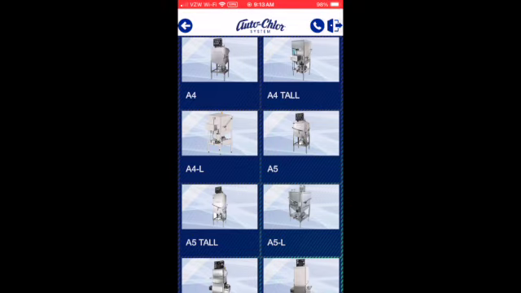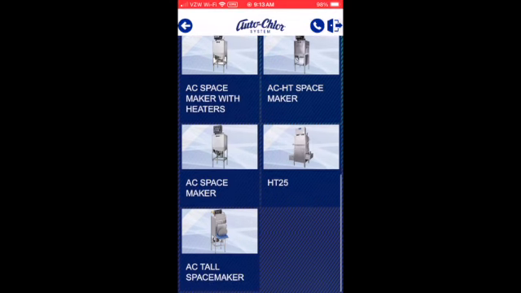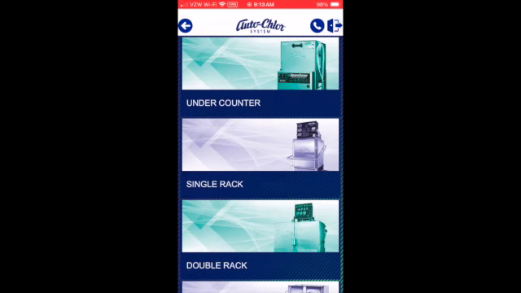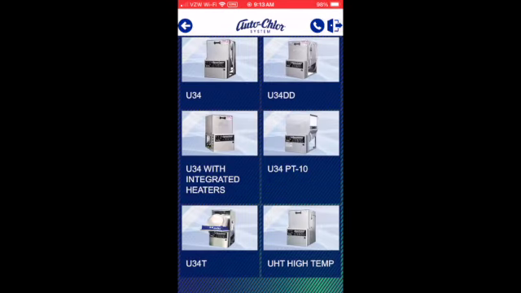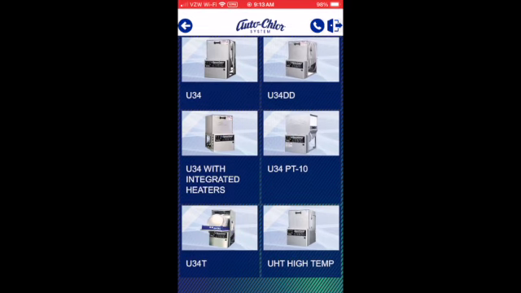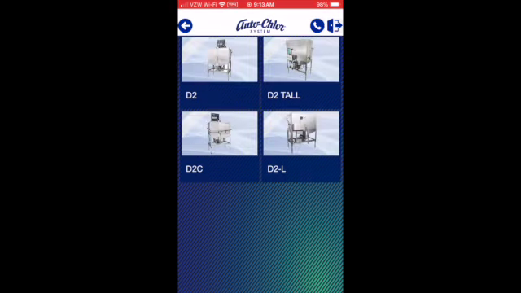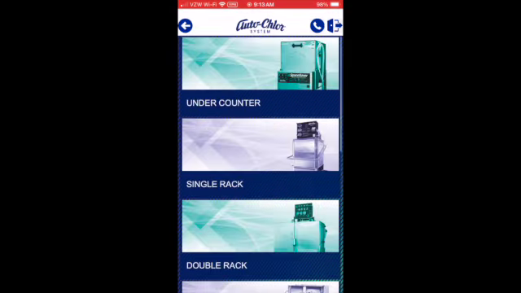Here if we go into the single rack, we see all the A4s, A5s, high temp machines. All single rack machines are in this one category. We go into the under counter, and you see all the different U34s, UHGs, same thing. We go into the doubles, all the configurations,